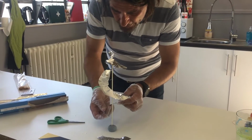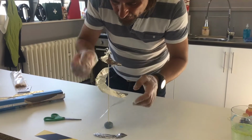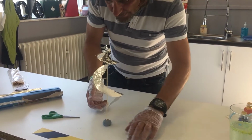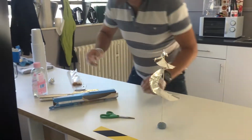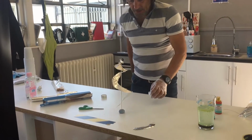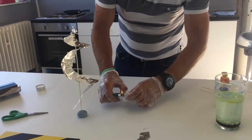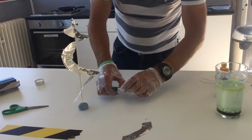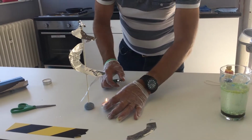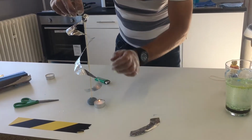That should do it. Have a bit of a fiddle and just make sure it can go round. It's got to be able to go round. Let's hope this works. And then, if I have that candle, thank you very much. If we put a candle next to it, and then light the candle, what should happen, if it's free,